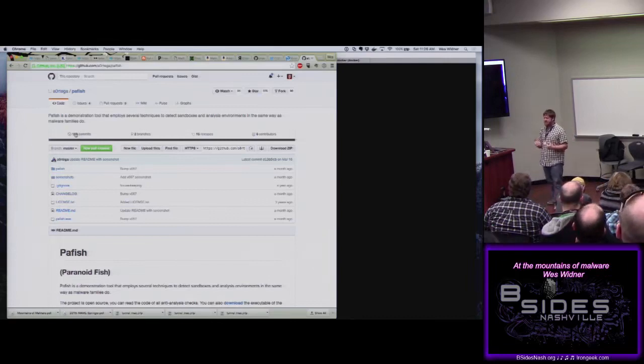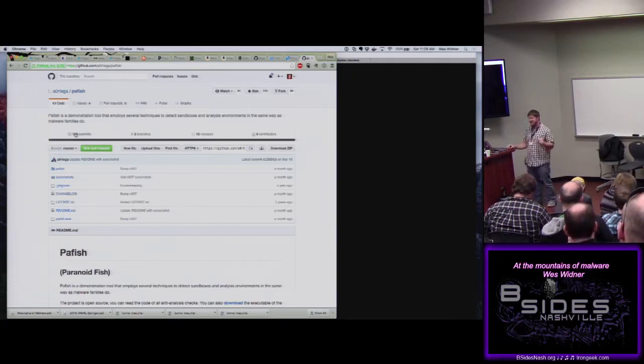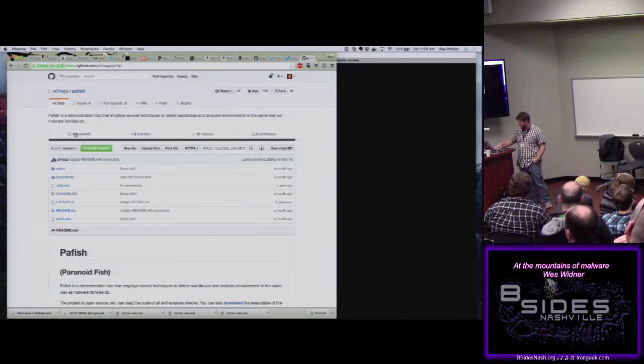Not all malware shuts itself down now if it's running in a virtualized environment because of the rise of things like Azure and people using just cloud-based systems. It's still valid to infect those. So it's not just automated malware pipelines that are looking for this stuff. But if your system fails miserably at PA-Fish, and there's